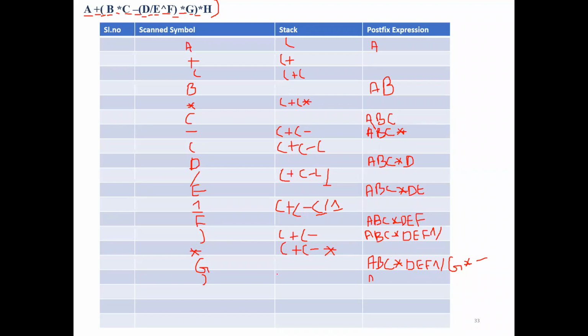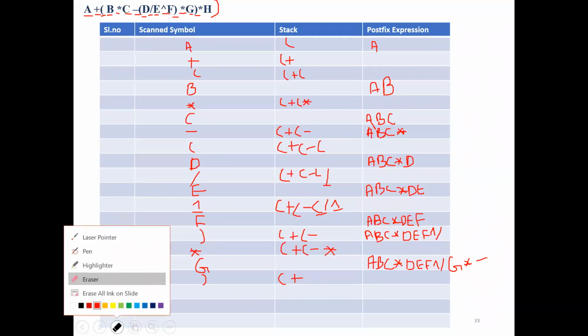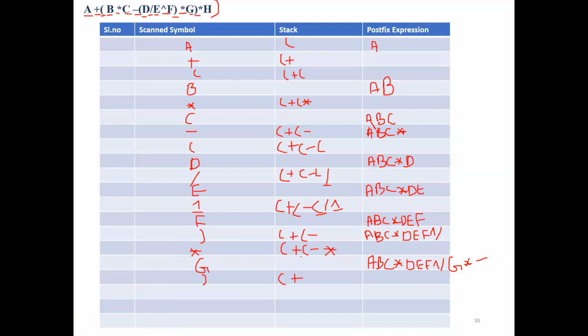Then what is left in the stack now? We have a left parenthesis, an addition symbol, and one more left parenthesis. No, this left parenthesis got popped, right? We popped it, but we cannot print it. We just popped it out. The topmost two operators are asterisk and a minus symbol. After that, we popped our left parenthesis. So what is remaining is only one left parenthesis and an addition symbol.